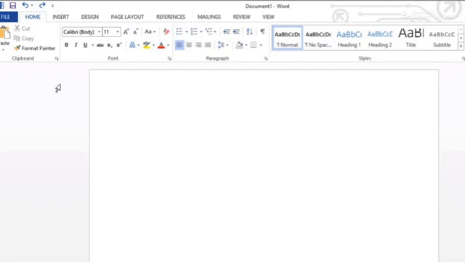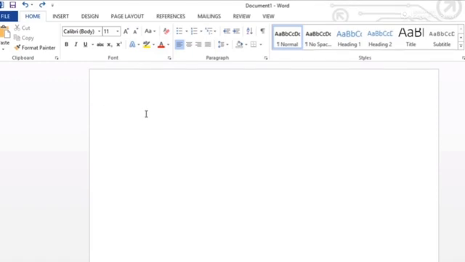SmartArt can be used to communicate information with graphics instead of text, giving you the chance to add color, shape, and interest to parts of your document. With so many styles to choose from, SmartArt makes it easy to illustrate your point. I need to create a graphic that shows the organization of the people at my company. To get started, click where you want your SmartArt to go,